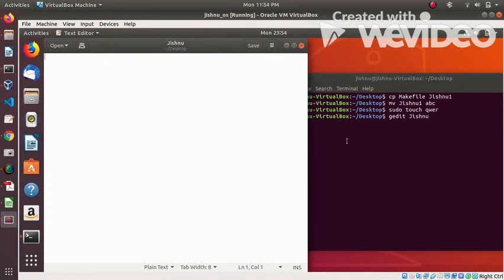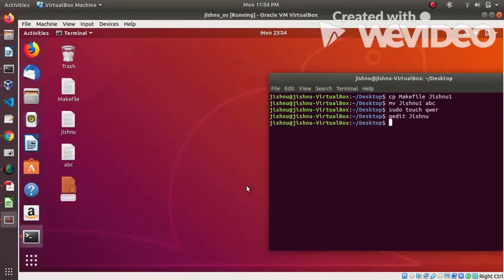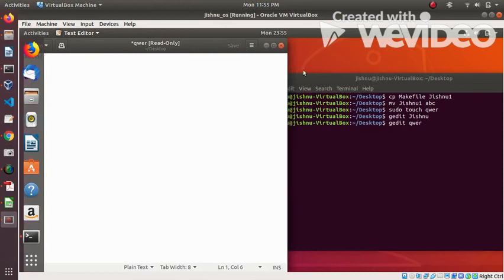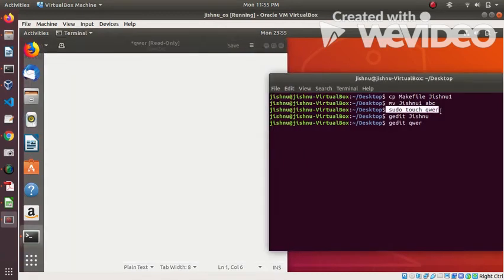Okay, and if I try the same thing with sudo gedit qwer, it will not let me do it. If I write anything in this, like hello or something, it will not let me save anything because it's opened as a read-only file. Because we created the file as a sudo user, any other normal user will not be able to use it.